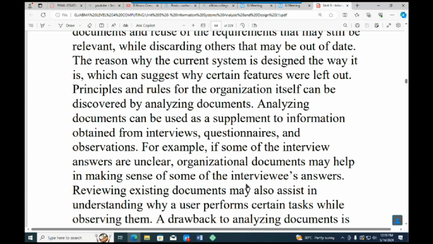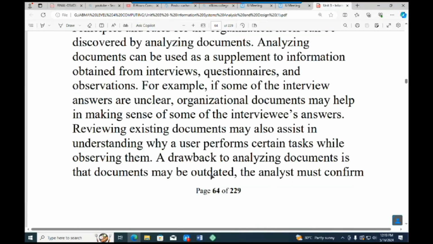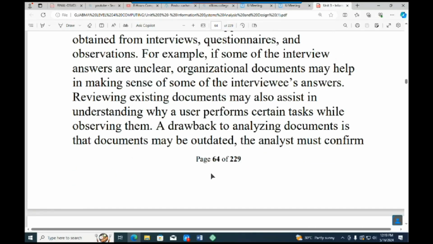So reviewing these documents may also assist you in understanding why a user performs some certain tasks while you observe them. So it is a technique that can actually work in handy with